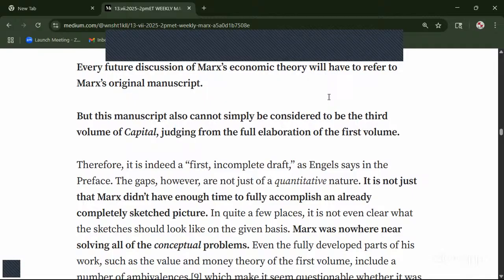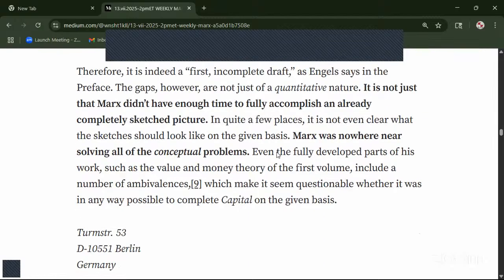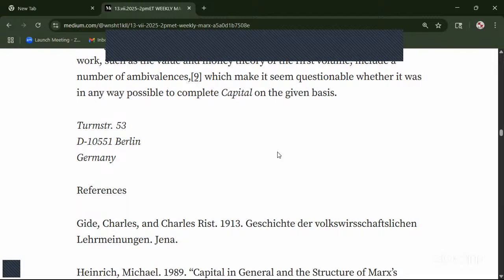Lots of things under erasure. Marx was nowhere near solving all of the conceptual problems. Even the fully developed parts of his work, such as the value and money theory of the first volume, include a number of ambivalences, which make it seem questionable whether it was in any way possible to complete Capital on the given basis. So, yes, I'm sorry I went on there, but this is Michael Heinrich's conclusion, and in some ways it serves his purpose